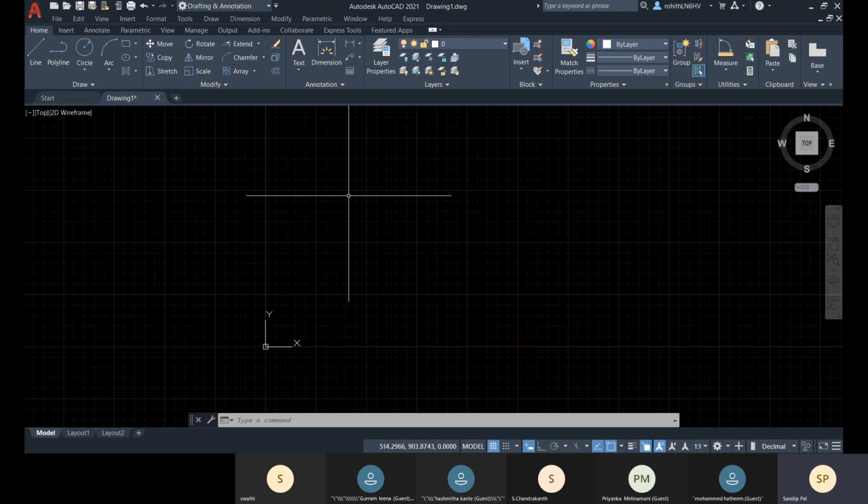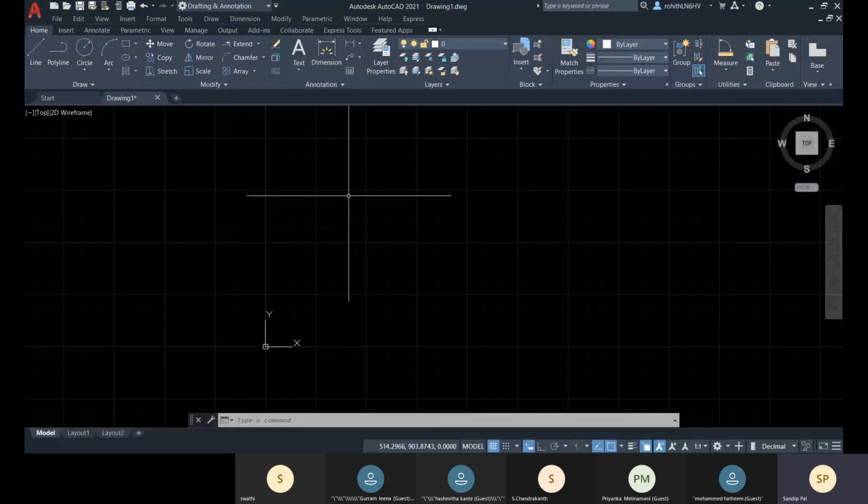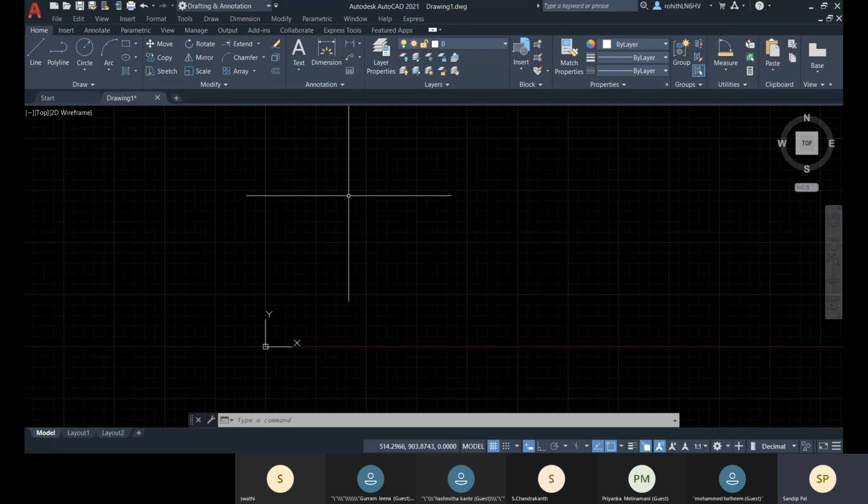Just a second, let me check the diagram once. Yes, so I'm going to show you the first diagram. So how am I going to do it?